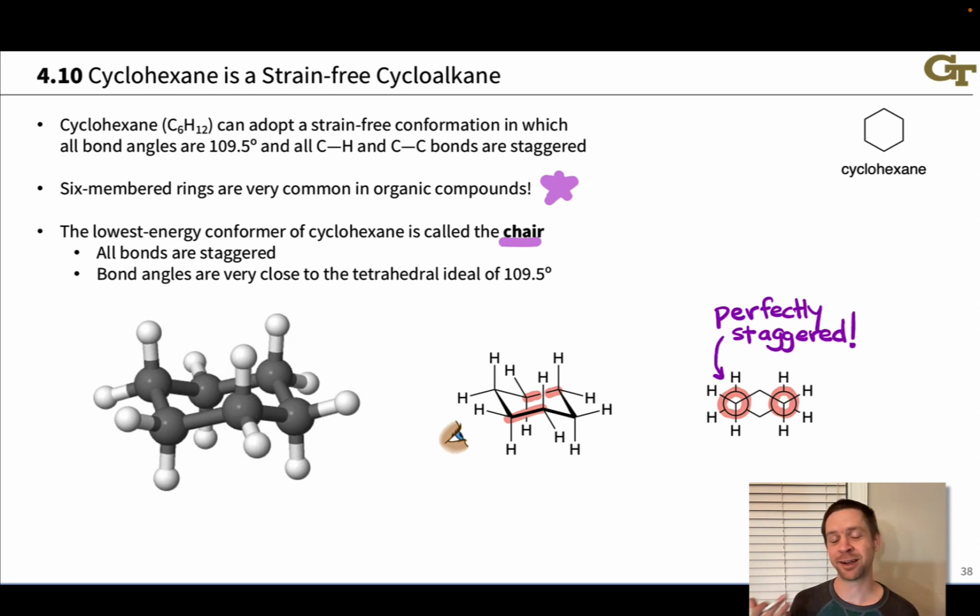This makes it extremely common both in stable organic compounds and in transition states where new bonds are forming and breaking. When that happens in a cyclic manner, a six-membered ring is quite frequently involved, and that six-membered ring often has the chair conformation. So in this video, we're going to learn how to draw the chair conformation and get